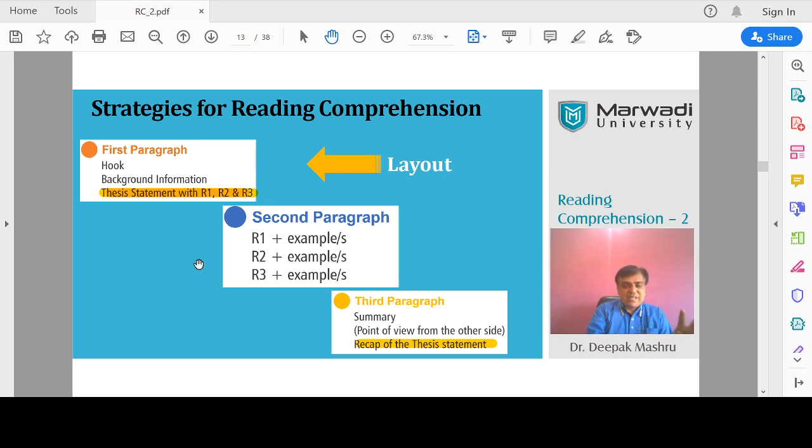It is for your understanding. If you want to segregate it into various paragraphs, you can go for it. It has nothing to do with that. But make sure that the transition from one paragraph to another is properly done, so that there is logical connectivity between the first and second paragraph, second and third paragraph, like this. If you understand up to this, please write yes in your comment box so that I can go further.